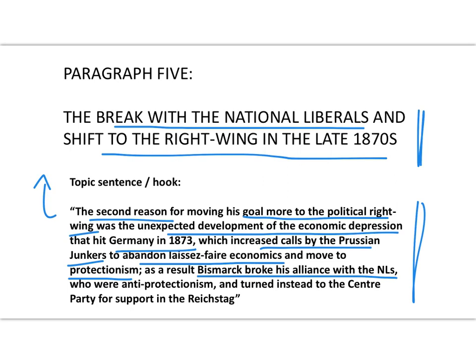So Bismarck therefore broke his alliance with the National Liberals, because the National Liberals had believed in laissez-faire economics, leave alone. The National Liberals didn't want strong government interference. They were against protectionism, and now Bismarck needed to find another ally in the Reichstag to pass protectionist laws, because obviously the National Liberals would vote against it, and so the obvious party was the Centre Party. And this is at exactly the time when the Kulturkampf was obviously failing, and so Bismarck realised that rather than go to war against the Centre Party, if he could get them on his side, so abandon the Kulturkampf and move towards protectionism was the policy.